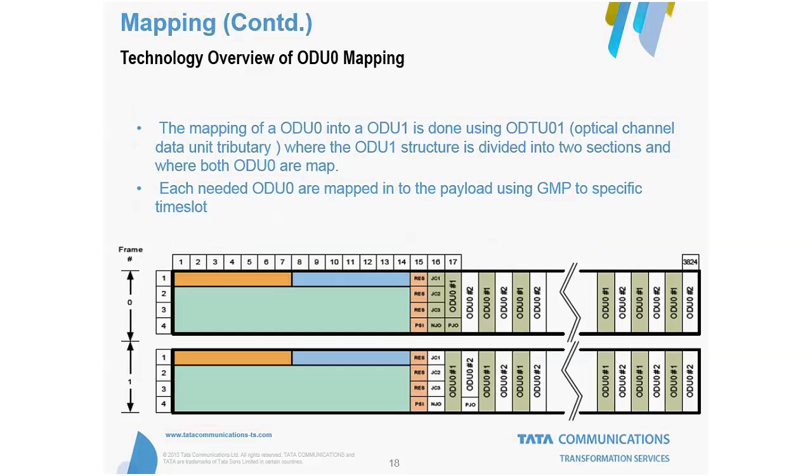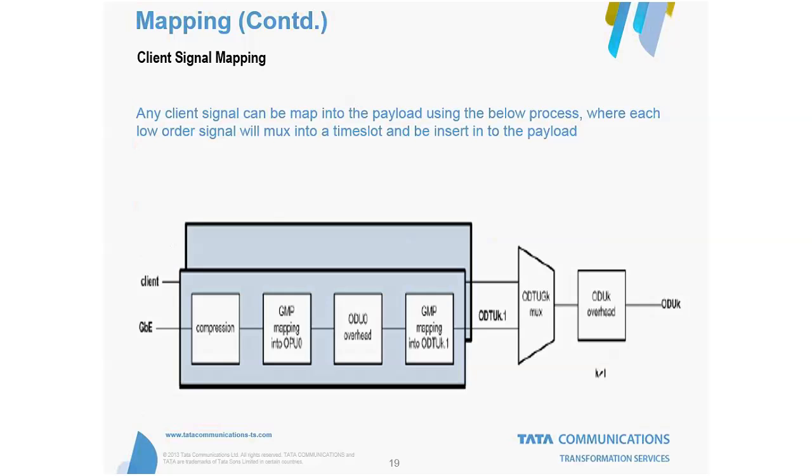On the first instance, we will give in this first gigabit Ethernet signal. And on the second instance, the second gigabit Ethernet signal goes in. So this becomes the first ODU 0, and this becomes the second ODU 0. And these are finally accommodated into ODU 1 exactly. Okay, you are with me.